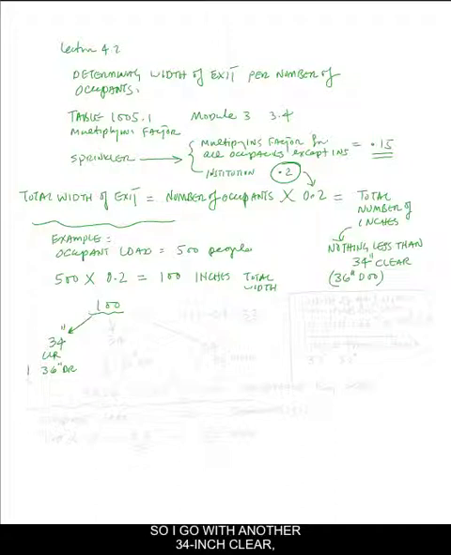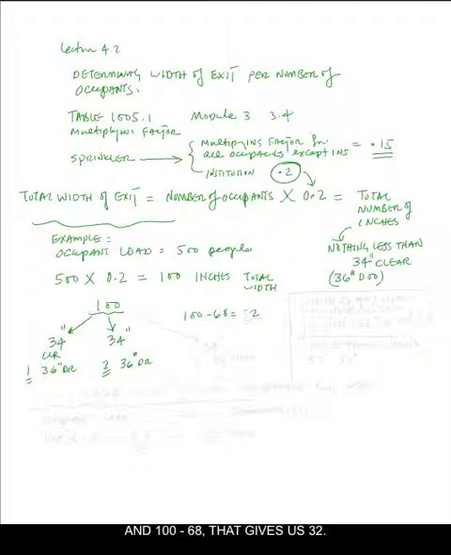So I go with another 34-inch clear, that's the second door of 36-inch width. So that is by now 68. And 100 minus 68 gives us